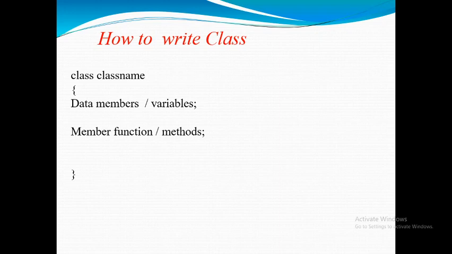These are not the mandatory contents of the class or the body of the class. Either the class can only have the data members, or the class can even have the member function, or the class may not have the data members and the member function. And in all these scenarios, the class is a valid one. So this is how we are going to write the class, and in upcoming classes we are going to write programs using these classes.